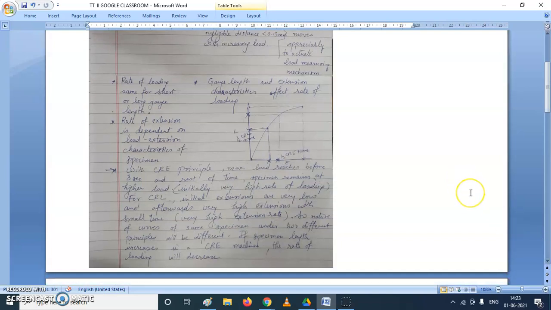One more difference we need to understand between CRL and CRE concept. The textile materials are polymeric materials, and before the yield point, the relation between load and elongation is different, and after the yield point it is different. It's approximately if this is your yield point. So initially for producing a given extension, more load has to be given to the material, but after the yield point it flows generally. That means for lesser load, more extension can be produced.